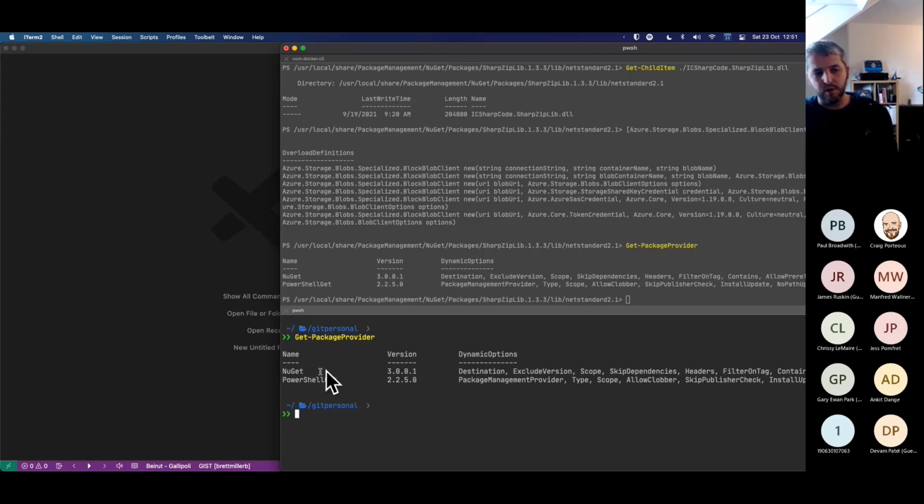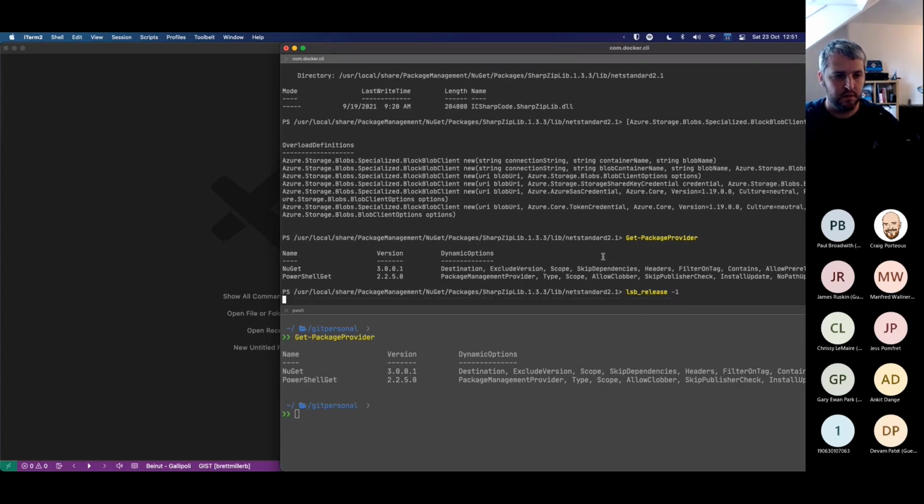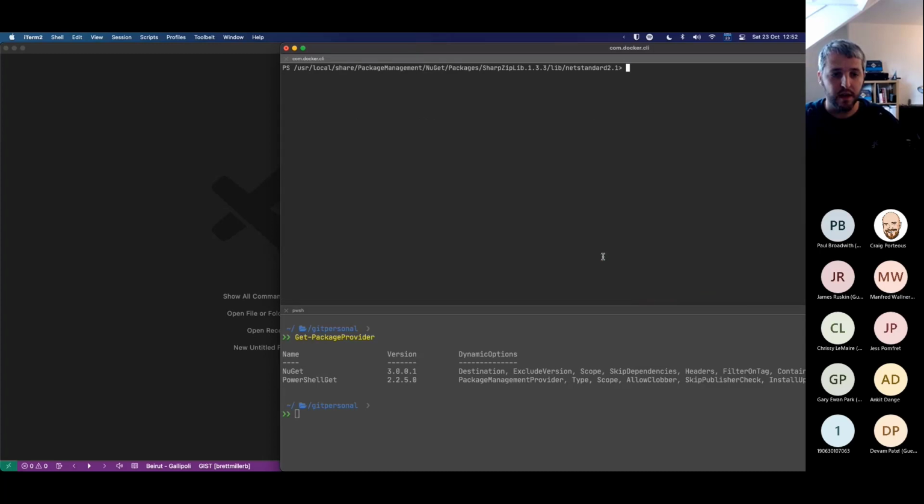I have this installed locally, but in order to prevent having to install this library on my machine, this is inside a Docker container. Anyway, this is a PowerShell Debian container that I'm running inside, and all I did to get inside that was